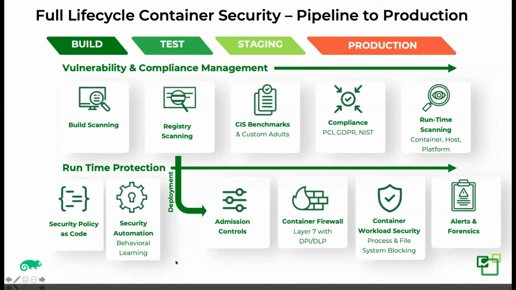Just like with Kubernetes, where you declare how your application is deployed and what kind of resources it's going to ask for, we need to allow application deployments to declare what type of behavior is going to be allowed in my application. That can then be pushed into the security layer of the infrastructure to define that allowed behavior. To make this easier for the dev and DevOps teams, we need to have some behavioral learning and automation in place.